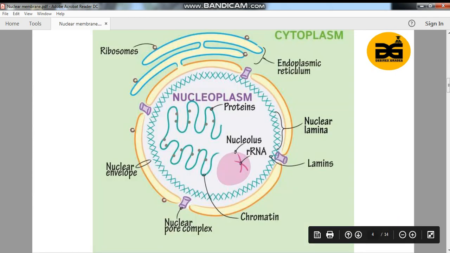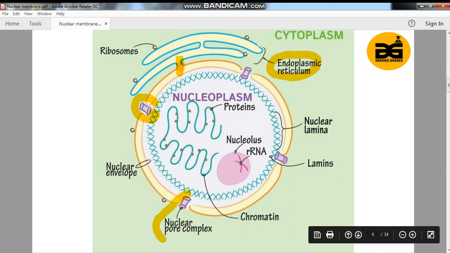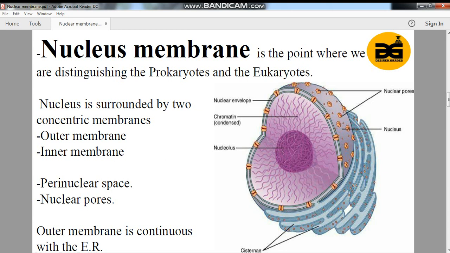This is another diagram which shows the same structure, but more clearly. This is the endoplasmic reticulum which is directly connected to the nucleus. You can see very clearly that there is a space from where the molecules can pass through easily. This is the nuclear pore and this forms the nuclear pore complex. This we will learn soon. This is the chromatin, this zigzag like structure, and the chromatin contains small molecules called proteins. The nucleolus contains the rRNA. Around the nucleus there is this cross like structure, which is called the nuclear lamina. Clear?